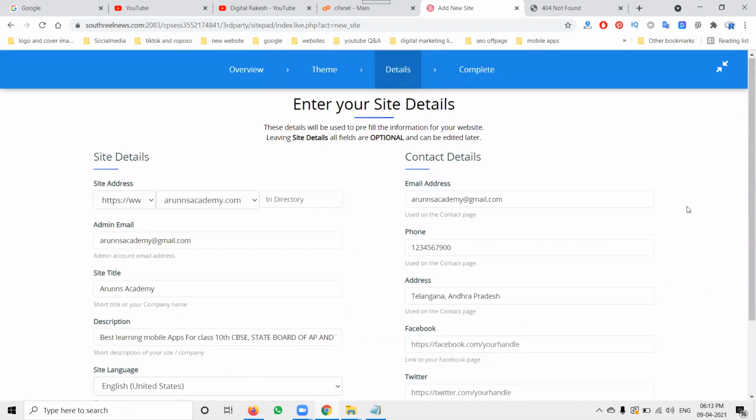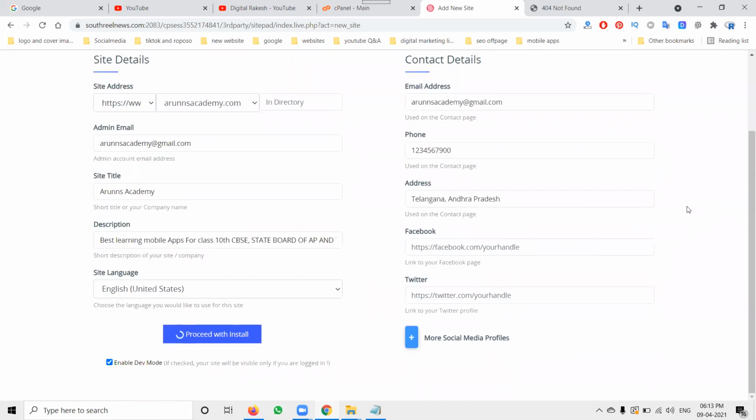Now I'm starting with the option. Whatever parameters you might miss will all be installed by using SitePad Builder. No need to worry about any particular option. You will be adding the particular website, and the installation file will be started. In this one, no need to worry. Be cool and make a website using SitePad Builder.